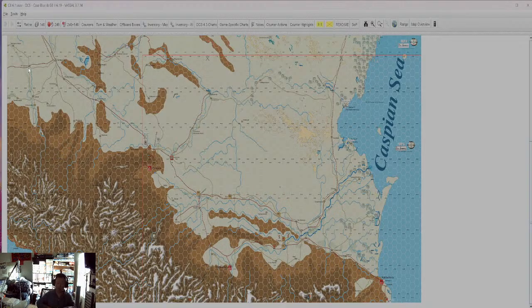The last couple of videos I did were on the Tactical Combat Series. So this is operational, more like the strategic view of the game. So as you can see, this is the Caucasus Mountains. The name of this scenario, I just picked one, is called The Edge of the World because this is how